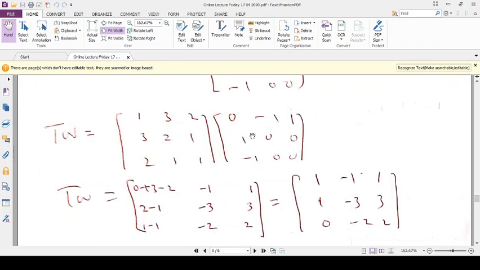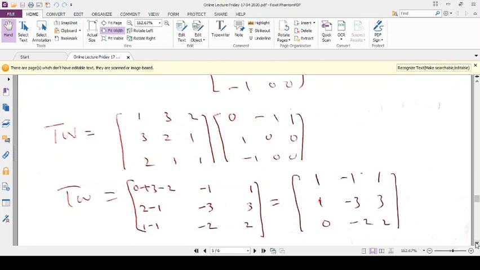First we will compute their product. So this is T and this is W, and this is simply their product: 1 into 0, 0, plus 3 into 1, 1, minus 2. Similarly minus 1, others are 0; 3 into 0 plus 2 into 0; 1 into 1, 1, others are 0. Again we will multiply this one by one. First column this, 1, minus 1, second column, then third column we have this.